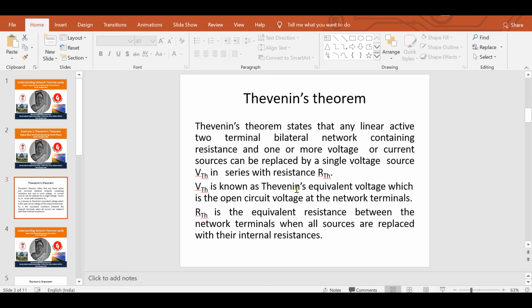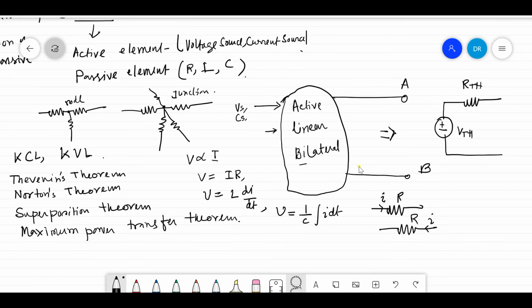VTH is known as the Thevenin's equivalent voltage, that is the open circuit voltage at the network terminal, and RTH is the equivalent resistance of the network when all sources are replaced by their internal resistances. So that means